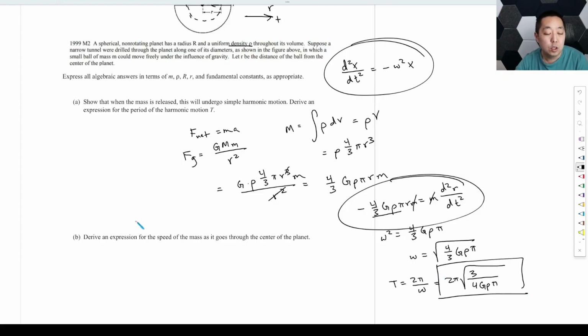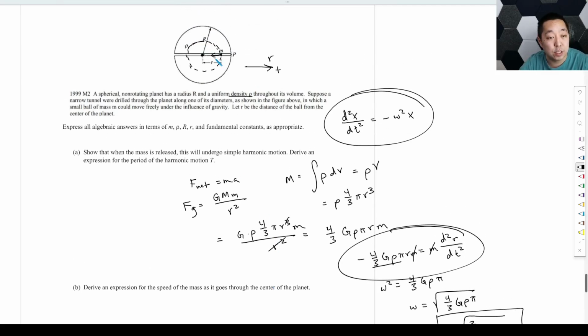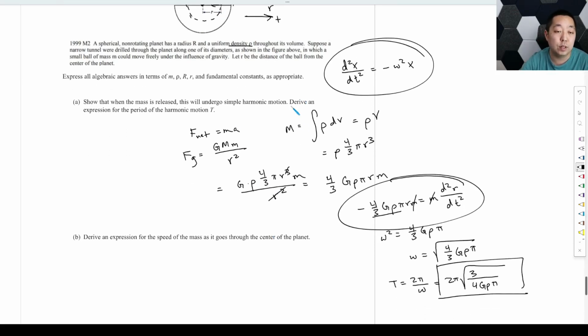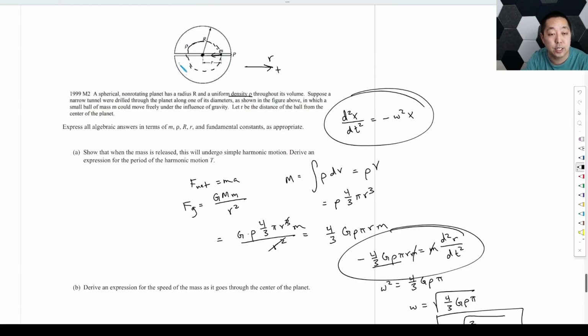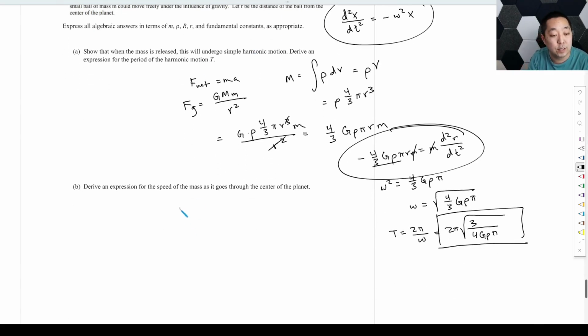Okay. Derive an expression for the speed of the mass as it goes through the center of the planet. This is going to be conservation of energy. We're going to talk about how much gravitational potential energy it has. We have velocity 0 at this point, so no kinetic energy, and that will get converted into full kinetic energy at that point. So the gravitational potential energy is negative G big M little m over r, which is negative G, and we calculated the mass already, which is rho 4/3 pi r cubed, times little m over r. That becomes r squared. So it's negative G rho 4/3 pi